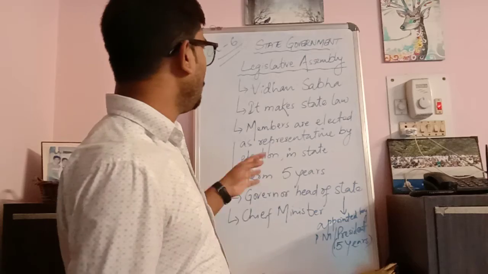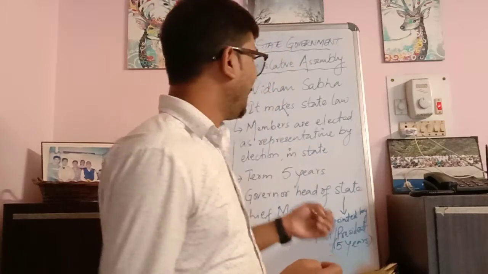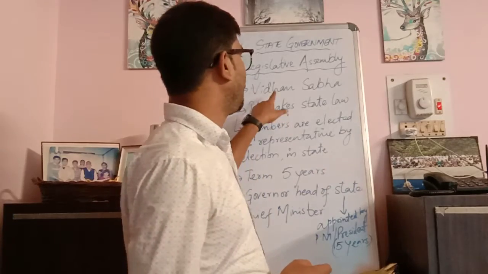Now on this basis, we are going to study particularly the state government today, and learn what the state government is and how it is formed. Now as we have studied, the parliament system has two important houses, the Lok Sabha and the Rajya Sabha. In the same way, individual state governments also have their own legislative assemblies, known as the Vidhan Sabha. Each and every state has its own state legislature, the Vidhan Sabha, and it has the same duties as what we have discussed in the Lok Sabha.